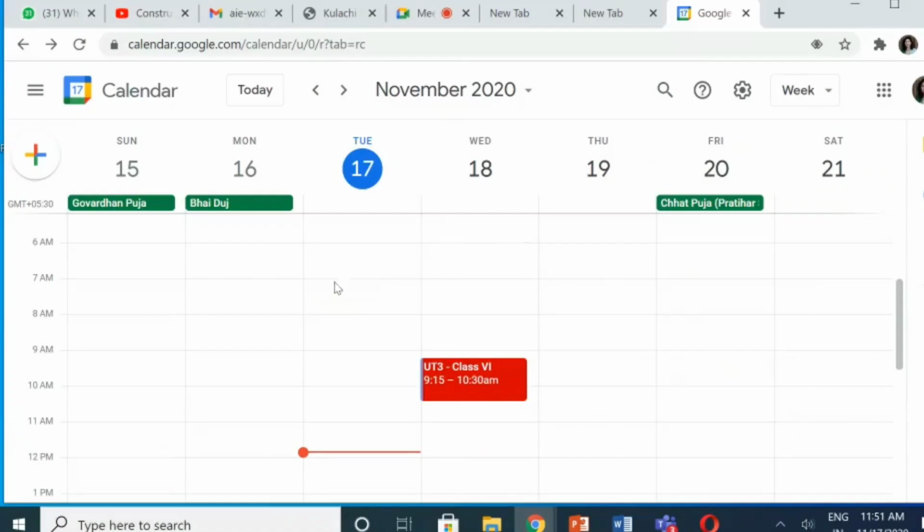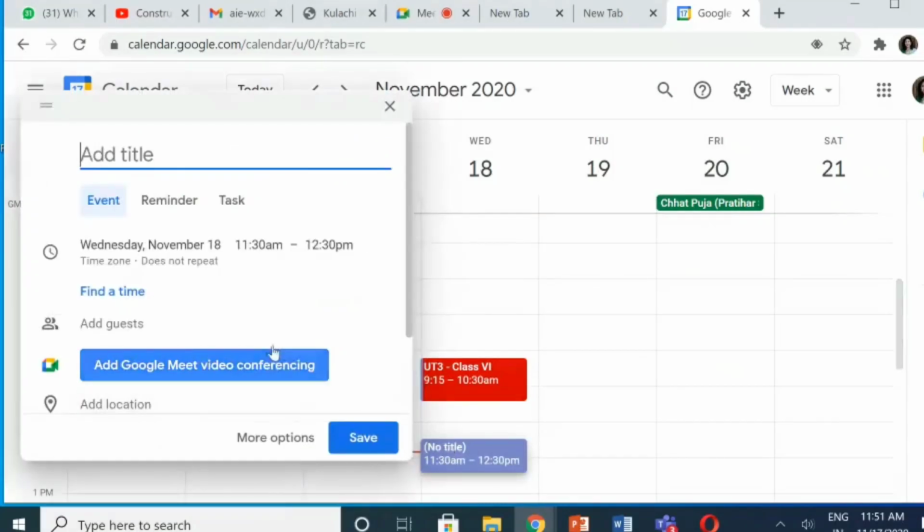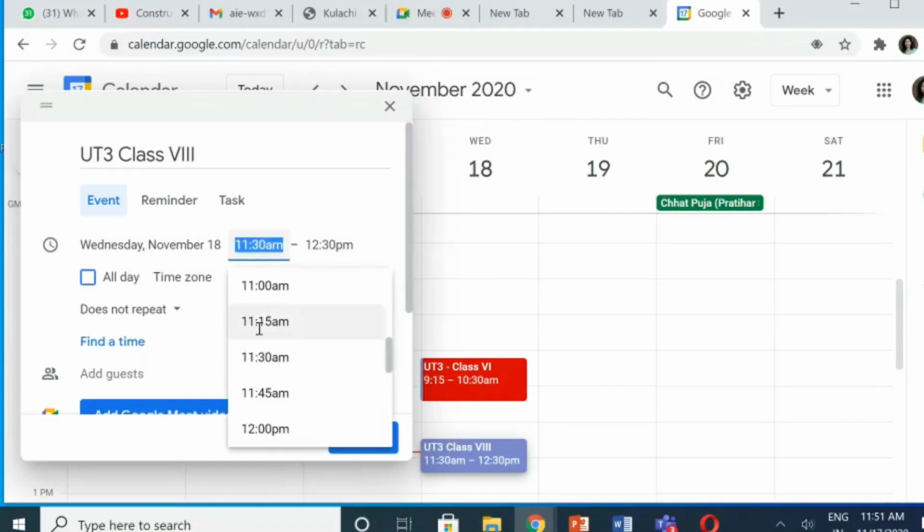So I will go to the calendar once again and I'll come here at 12 and I will schedule the meeting for UT3 class 8. Okay, I'll change the timings, 11:30. No, I want it at, let's say, 12. In fact, more, I want it at 12:15.